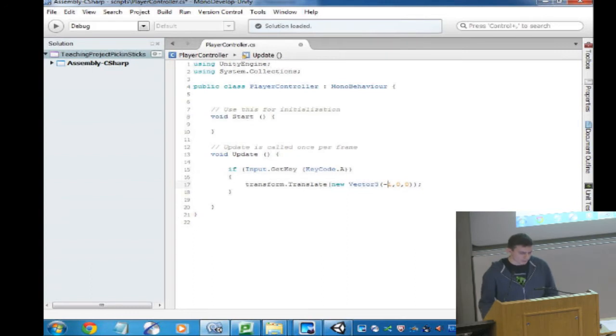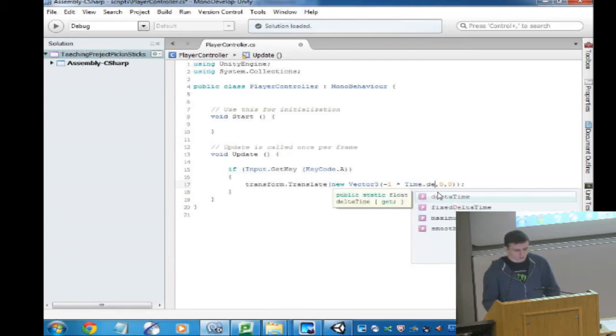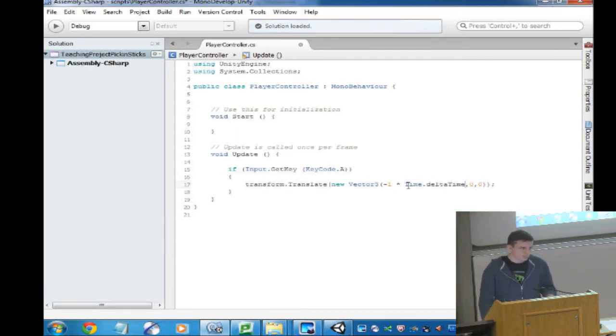There's also another problem. The update function runs as fast as your computer can run. So if you have 60 frames per second, it's going to run 60 times. If your computer runs this game at 30 frames per second, it's going to run 30. So you want it to not be dependent on the frame rate. What you want to do is multiply it by Time.deltaTime, and this will fix it. No matter what your frame rate is, it's going to always run the same